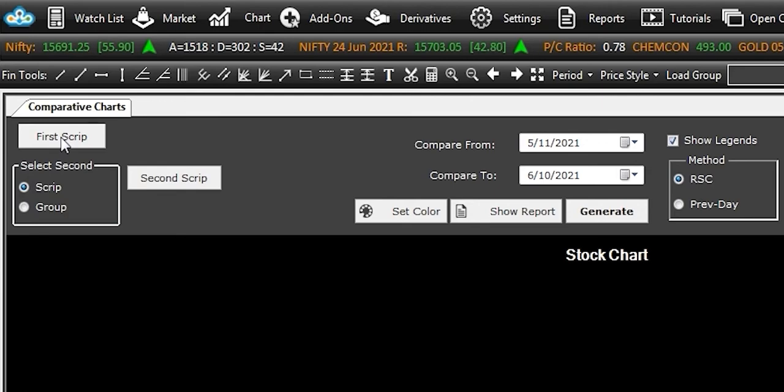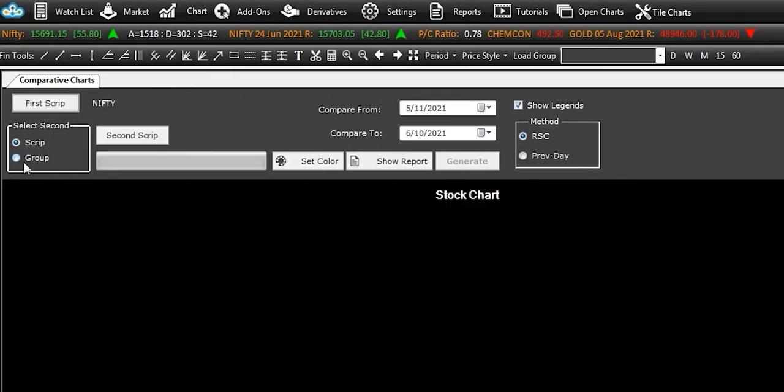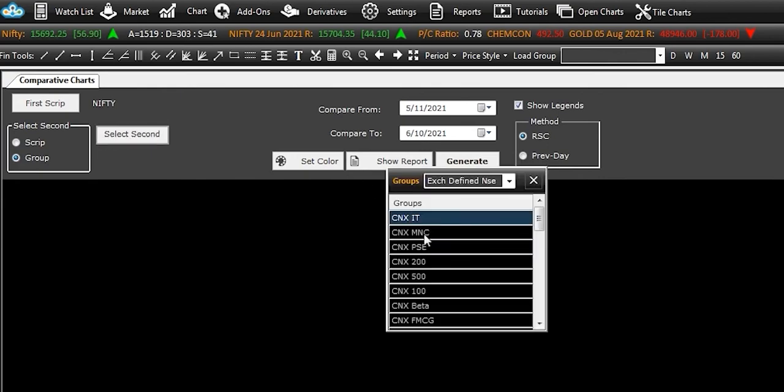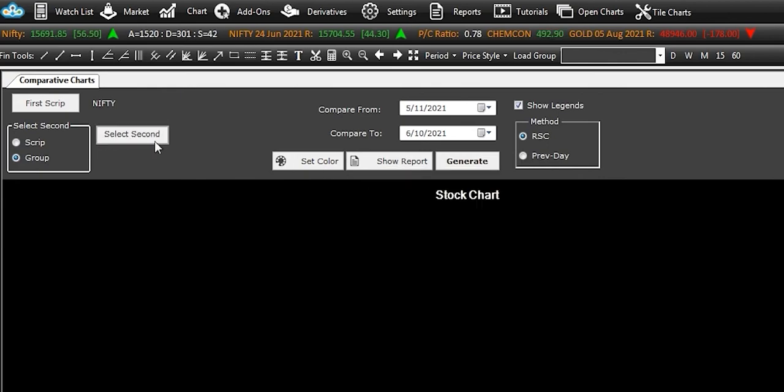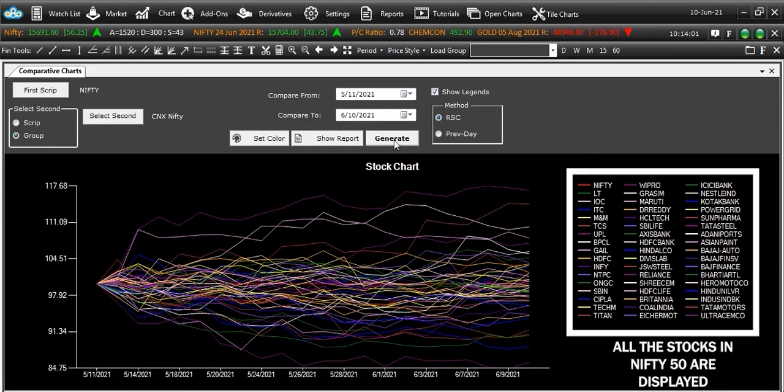For that, I will choose here first script, that is Nifty 50 index, and then the group I will select here CNX 50, and then I will click generate. This will show a graph of all the Nifty 50 stocks and their performance.